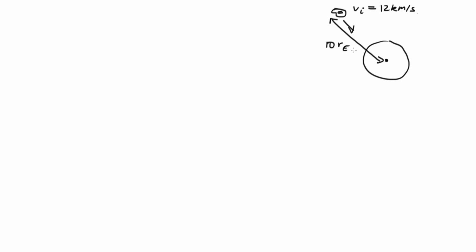Okay, so in this problem, we've got an asteroid heading directly towards the Earth. So here's the Earth, here's our asteroid heading directly towards it. It's got an initial velocity of 12 kilometers per second, and that's when it's at a distance. So this distance here is 10 times the radius of the Earth. So that's not drawn to scale. And we're asked when it gets to the Earth's radius, so when it's at 1 Earth radius, what's the final